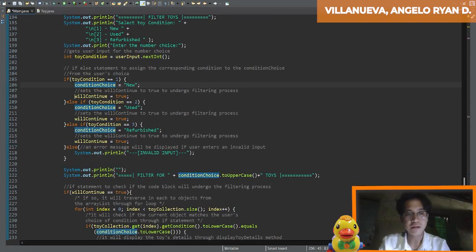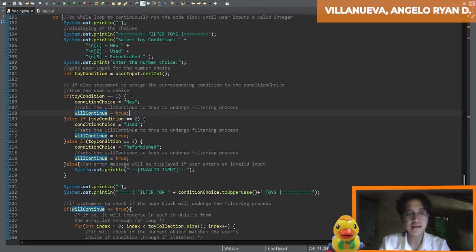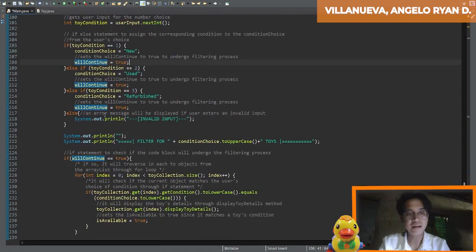In addition, in each if and else if statement, we set will continue to true since the input of the user is valid. If not, it will go through the else statement, which will display an error message telling the user that the input is invalid.